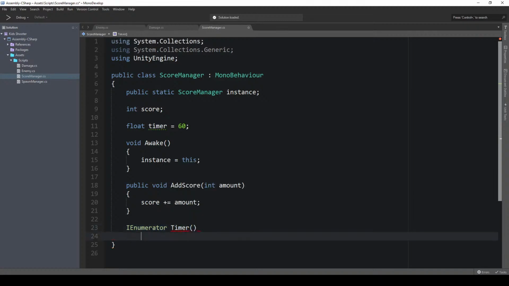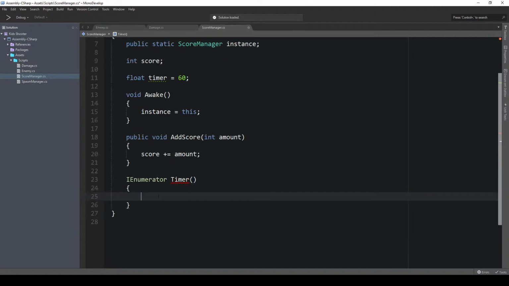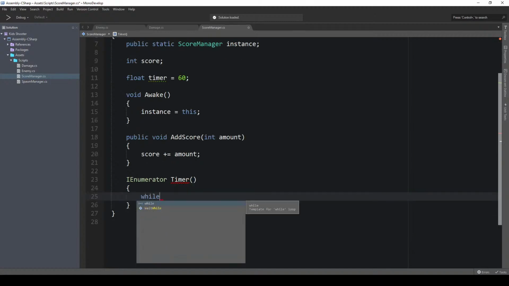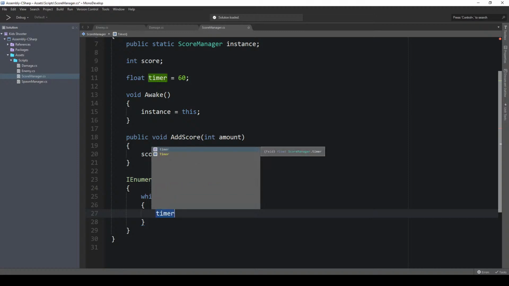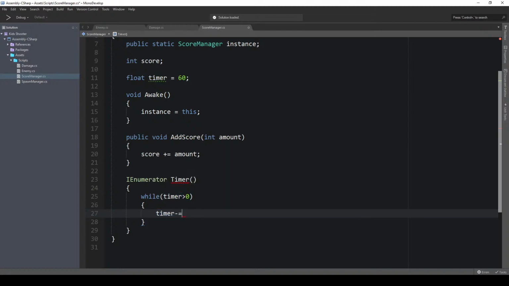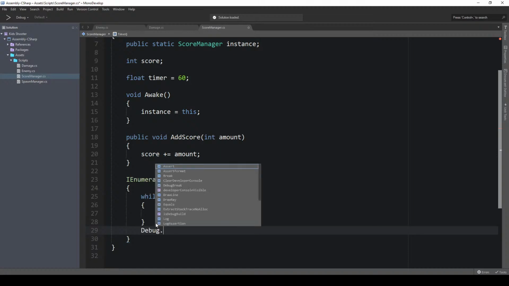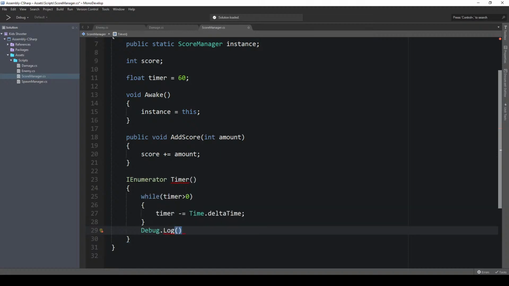parentheses, open and close curly braces, and now we can say while the timer is bigger than 0, we want to run this while loop. Be careful with while loops, sometimes they're really picky. Meanwhile this runs, we want to say timer minus equals Time.deltaTime, so we reduce the time constantly, and once we are out of this while loop, we want to say something like Debug.Log, and then we can say time is over,